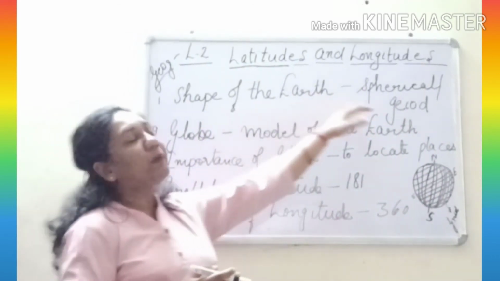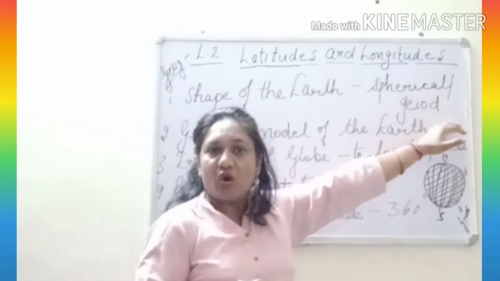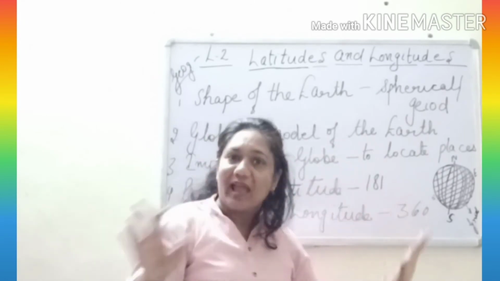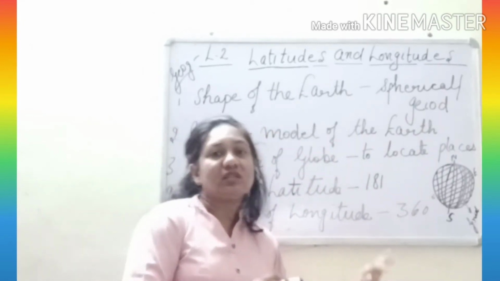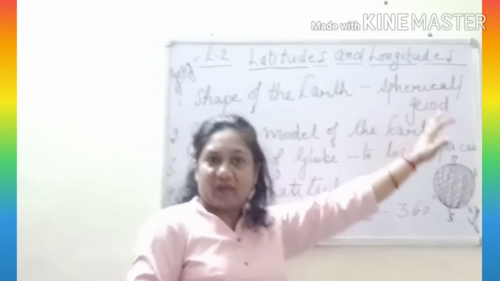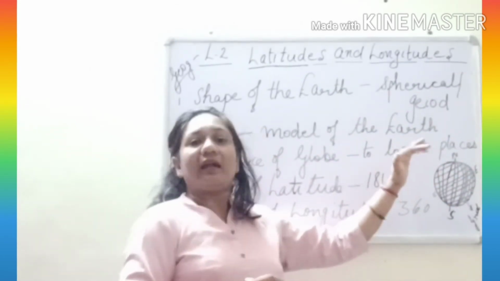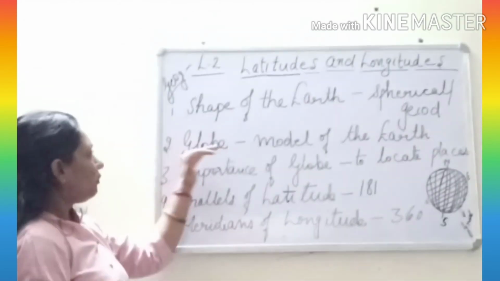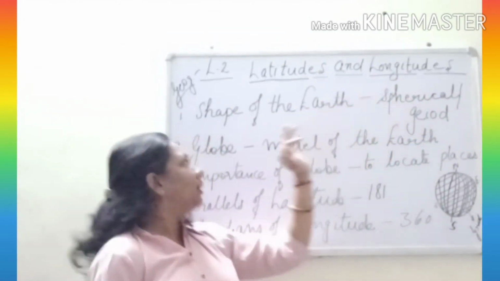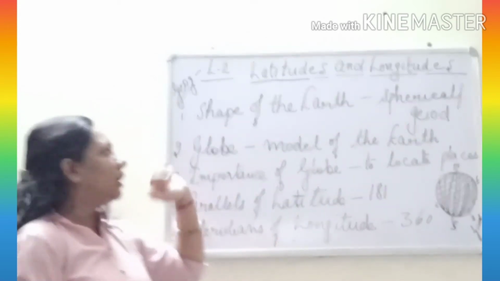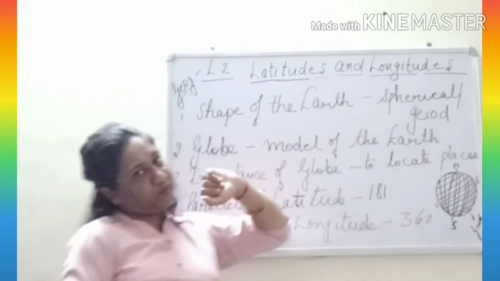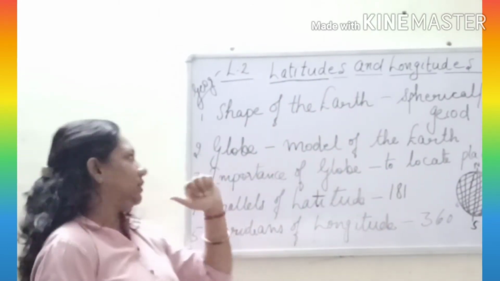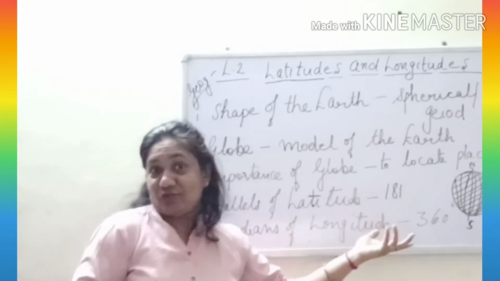G-E-O-I-D. So what is the shape of the earth called? Yes, it is called geoid because it is spherical in shape. It is not actually round as it was believed in the previous times, but it is spherical, that is bulging at the equator and flattened at the poles. So it is geoid. It can be again a very important 1 mark question, that what is the shape of the earth? So your answer should be geoid or spherical. And I have already explained with an example of orange that you all have seen and eaten also, and it is my favorite fruit too.